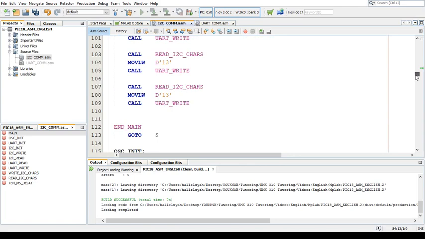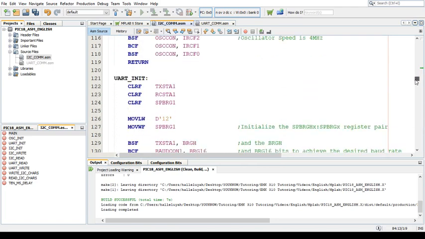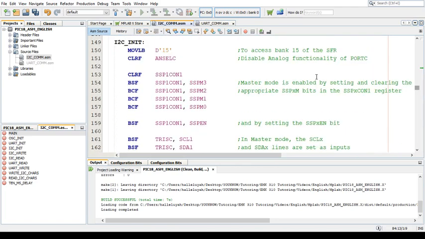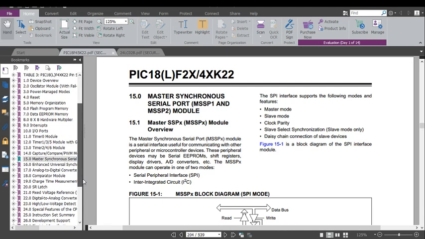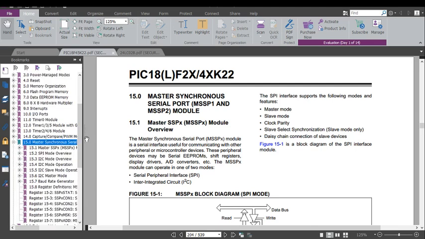Okay, and now I'm just going to go to the datasheet and explain from here, from the I2C init. Okay, let's just open up the datasheet over here. Okay, so to initialize the I2C, you have to go to chapter 15 of the PIC18F45K22 datasheet, chapter 15, and you have to scroll down here, look for right here